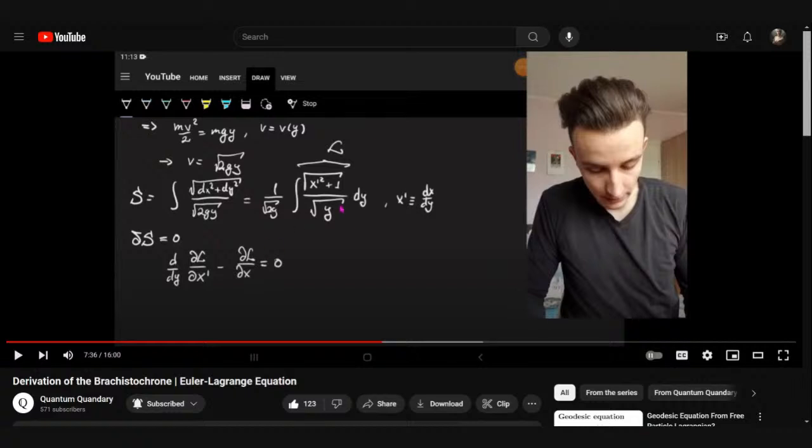So there's different paths. For each path, this is the time that it will take. For that path, for that Lagrangian, Lagrange function,